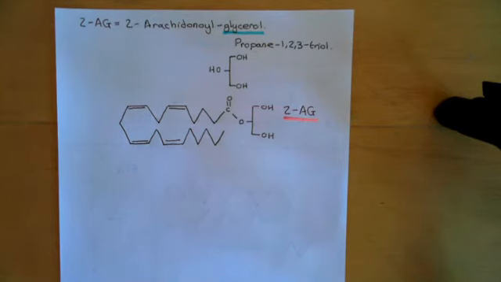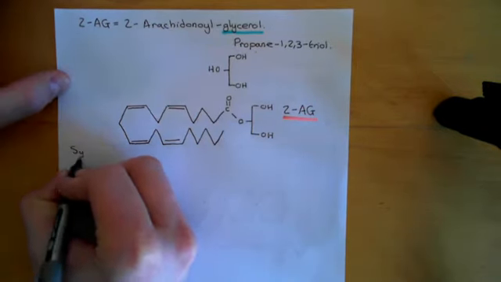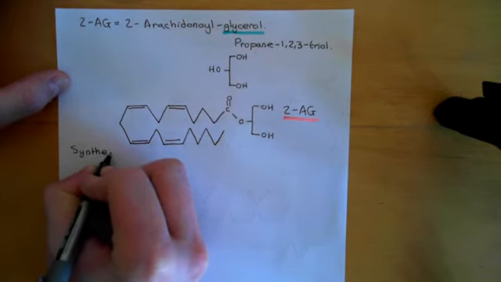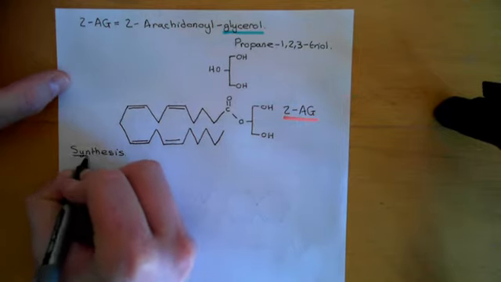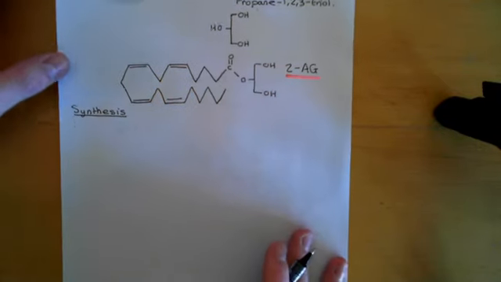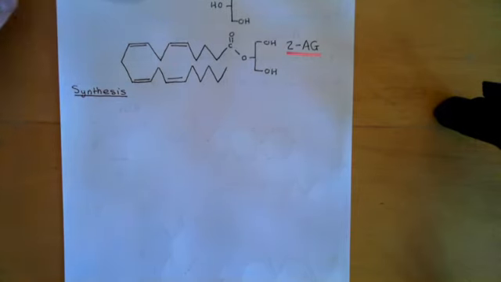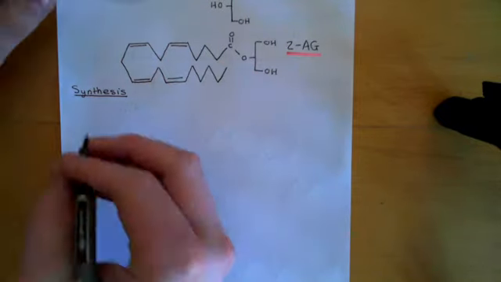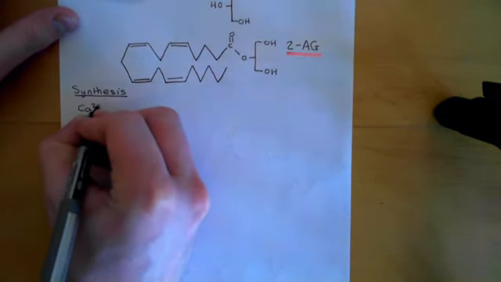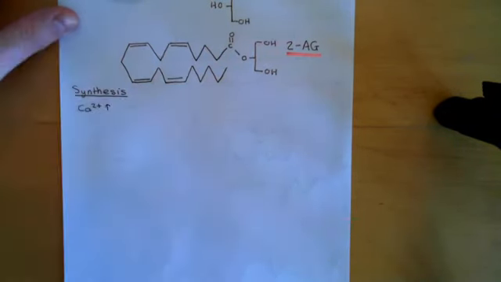Let's now look at their synthesis. So we're starting to build up this endocannabinoid system, which is all about how they are synthesized, what they act on, and then how they are destroyed. So let's discuss their synthesis. The first thing is, what is the actual trigger that causes the synthesis of endocannabinoids within a cell? Well, it seems to be calcium. Calcium seems to be an extremely important signal that triggers the synthesis of endocannabinoid molecules. So calcium is the key intracellular signal that triggers the synthesis of endocannabinoids.